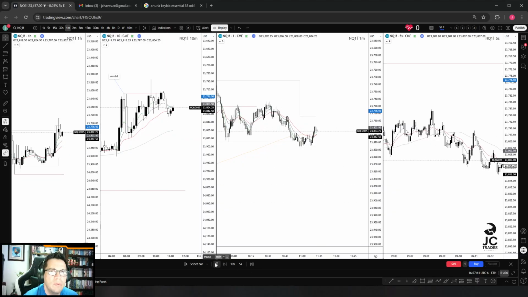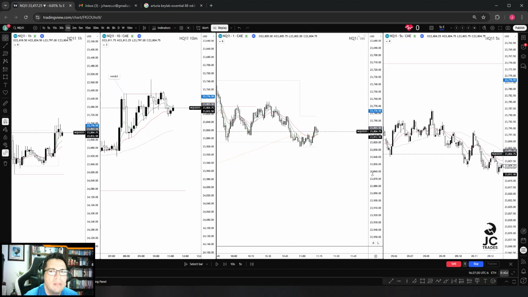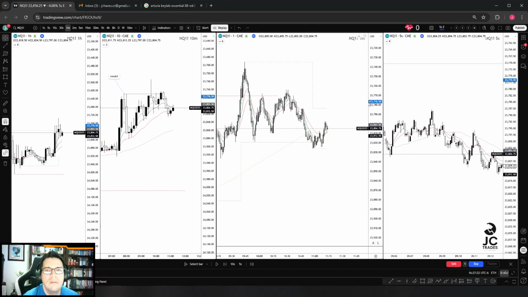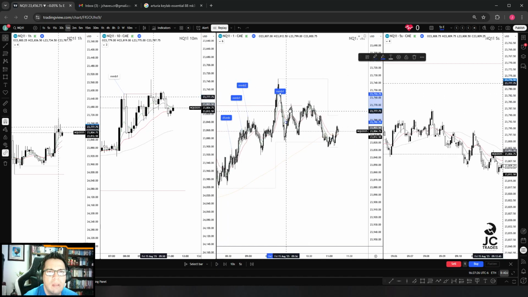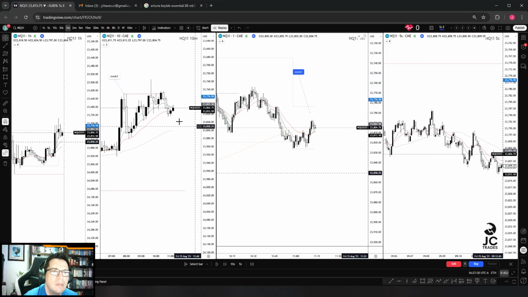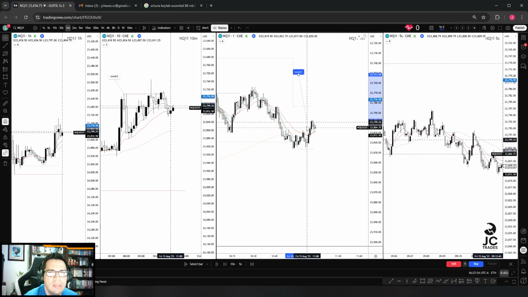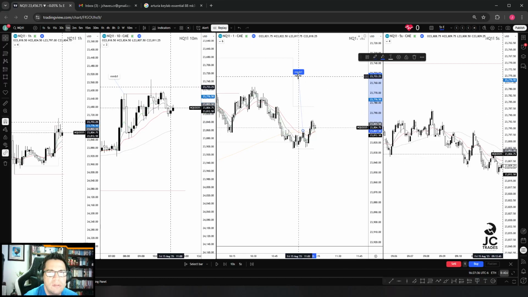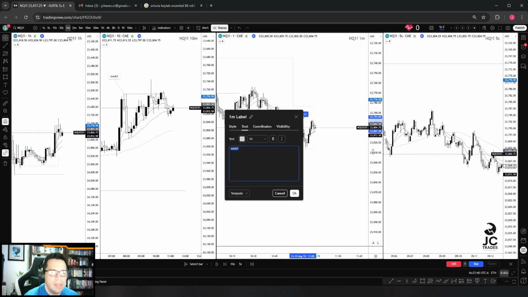So at this point, we are getting some sort of reaction out of the 20, and what we could label here on our validation time frame, given the area where we are and the reaction we're starting to see, is that this here could be considered a distribution MB,